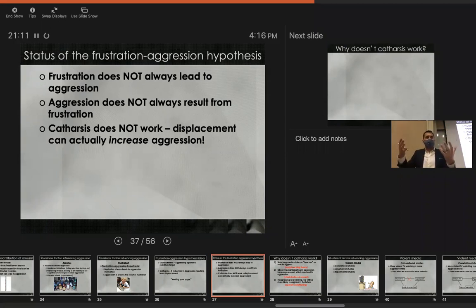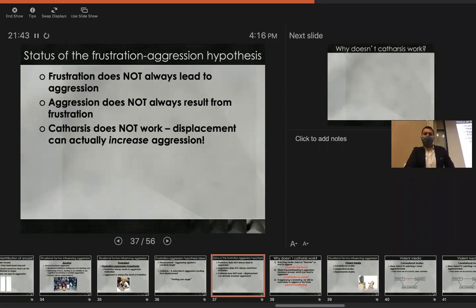So what happens in these studies is that both groups of people are allowed to aggress against the person that initially angered them. And what they showed is that contrary to the catharsis hypothesis, the people who spent 10 minutes hitting a punching bag, instead of showing less aggression, show more aggression to the person that angered them. What that means is that the very common sense notions that we have, that anger builds up inside of you and we should punch a pillow or scream whenever we're angry, is the exact opposite of what we should be doing.